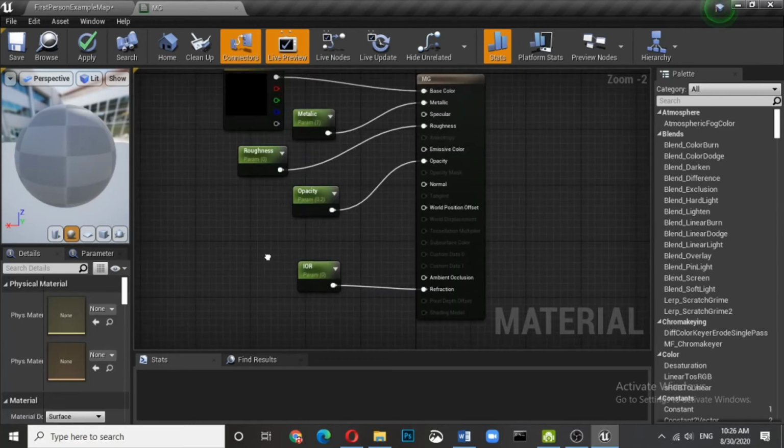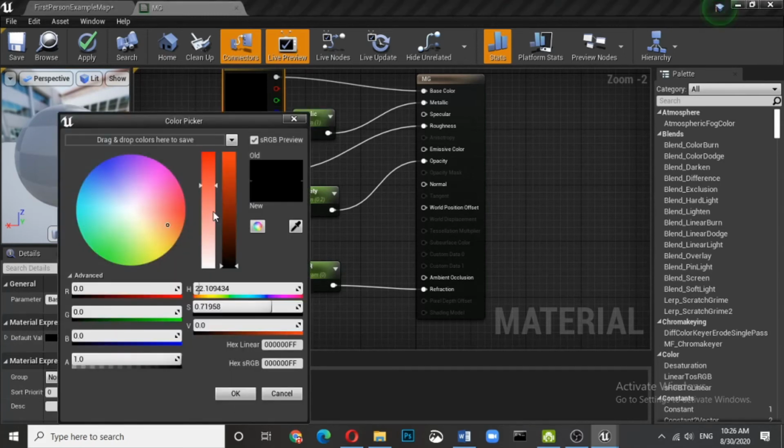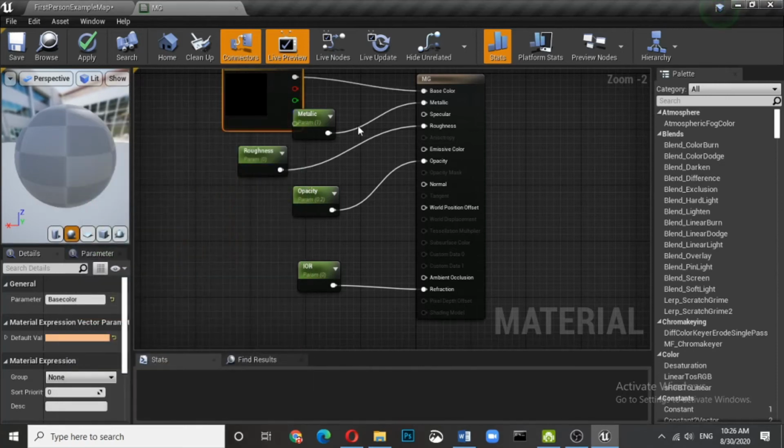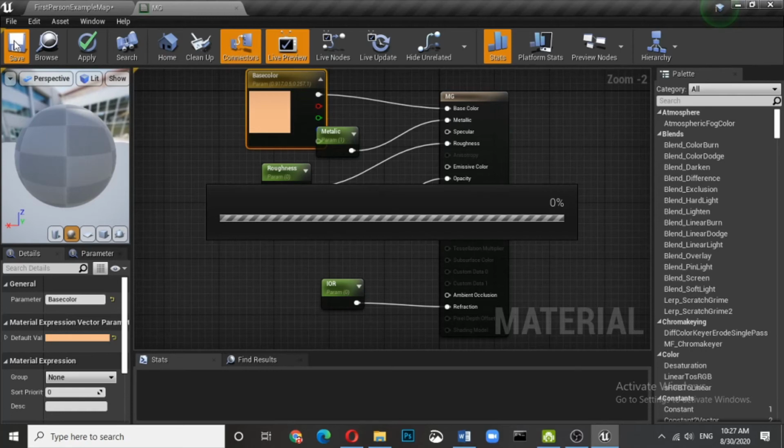So here we have converted everything, and we will add some color to it. We have a metallic luster, a roughness, and color. We can control the opacity, and we can control the refractive index. Let us save it.